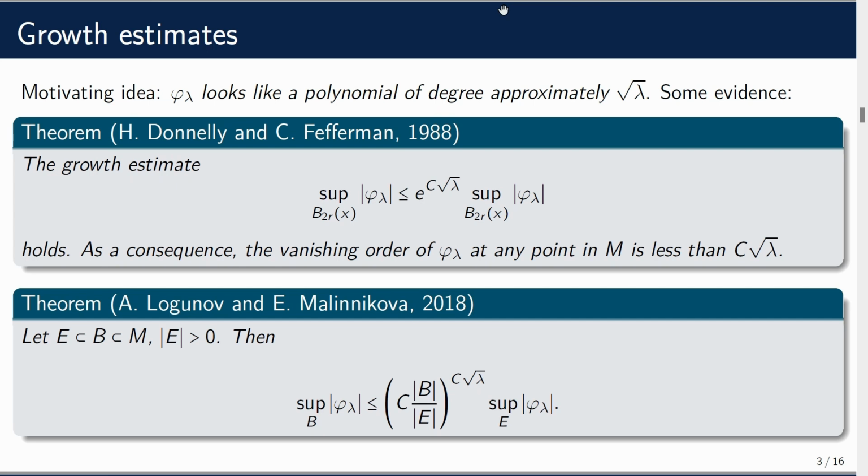The proof of Sasha and Eugenia is very different, of course. But yeah, I think this is a sort of striking inequality. It tells you that, in this sense at least, eigenfunctions really do behave like polynomials. Okay. Now I'm going to go to polynomials actually and explore a couple of inequalities